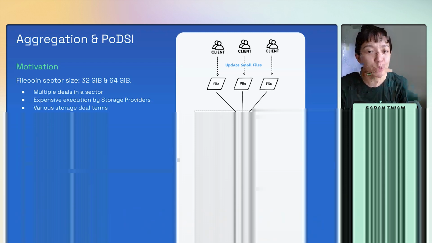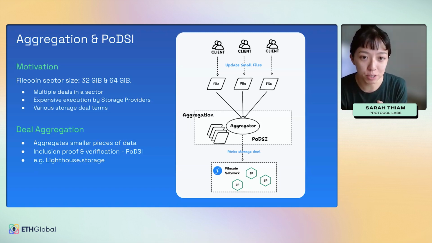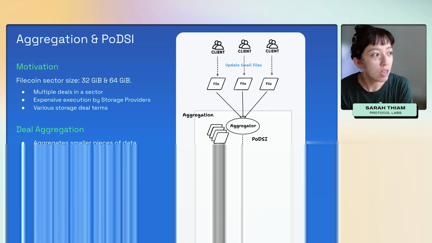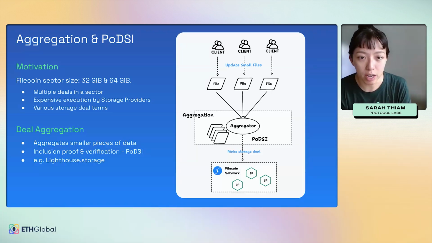you can definitely check out, you can either come up with a solution yourself, or you can check out the 100 ideas. Well, it's not 100 right now, it's like 10 ideas for the hackathon. ETH Global and our team have worked on a list of ideas that you can check out. Look into that on what programmable storage can do and what you can possibly build out of your solution. One is aggregation.